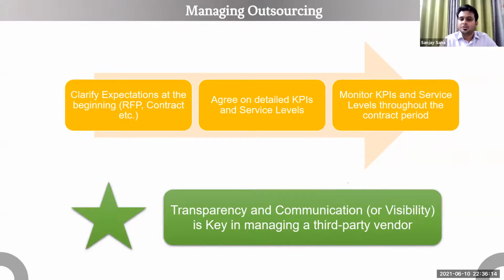Okay, so when we talk about supply chain, one of the key functions is procurement. In procurement, how do we proceed? We create our requirements, we ask for bids, and then we issue contracts. Now, those are contracts for products. When we are looking at outsourcing, this is the same procedure with the difference that these are contracts for service. Okay, so the outsourcing provider is not giving you any product, rather they're giving you a service.